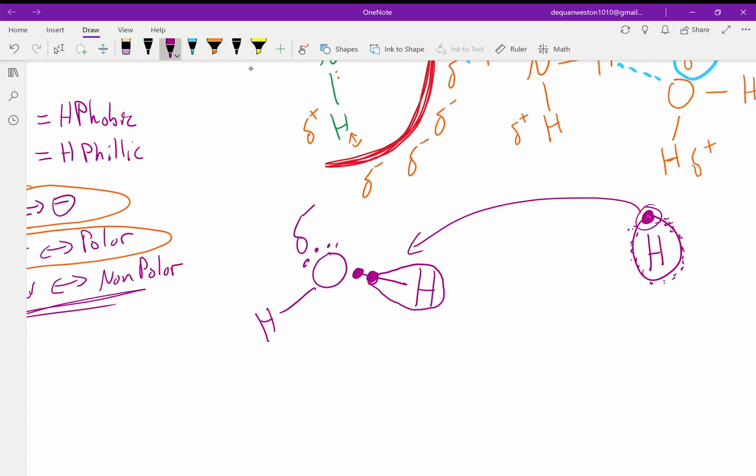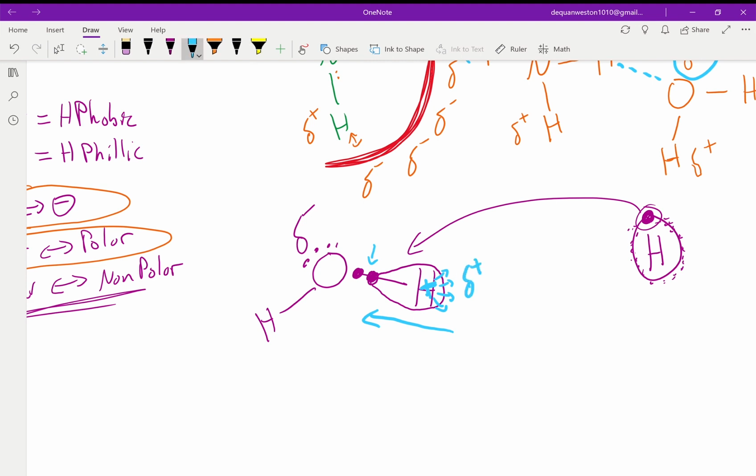But by pulling this electron way over here, the protons in this nucleus of this hydrogen are going to be a lot more exposed to this backside. And the electron is all the way over here where it can't offset this positive charge. And that's why you're going to get